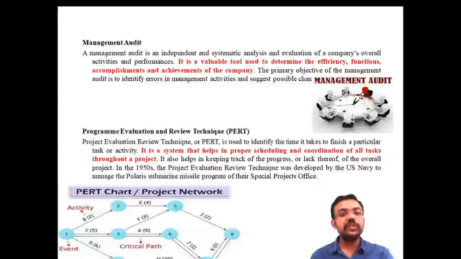The PERT is used to identify the time taken to finish a particular task or activity. With the help of the PERT, you can easily identify the time it takes to finish a particular task or activity. It's a very important element. എത്ര സമയം കൊണ്ട് ഒരു ആക്ടിവിറ്റി കംപ്ലീറ്റ് ചെയ്യാൻ സാധിക്കും? It can be easily identified with the help of the PERT system, which helps in proper scheduling and coordination of all